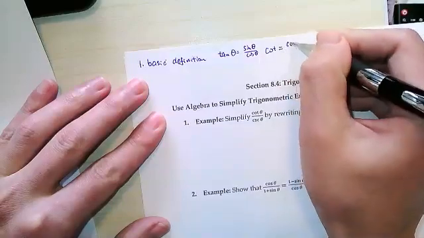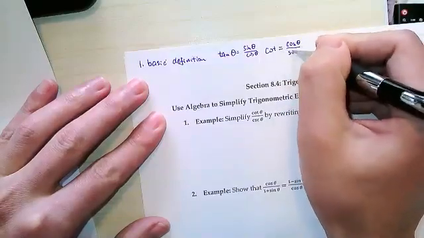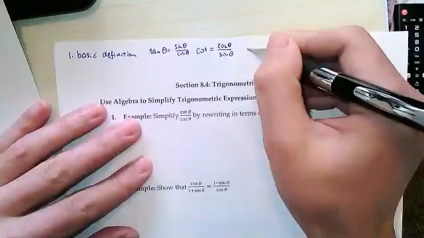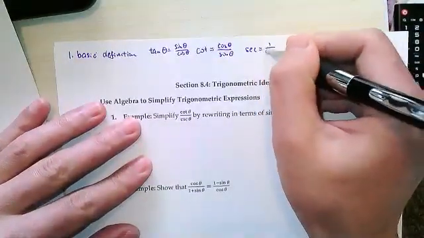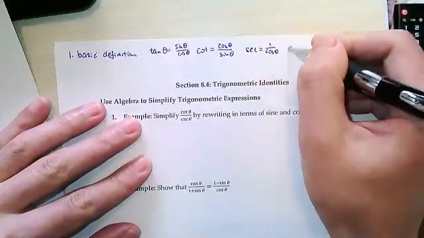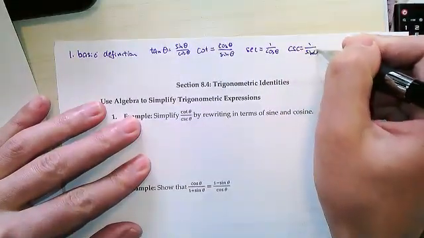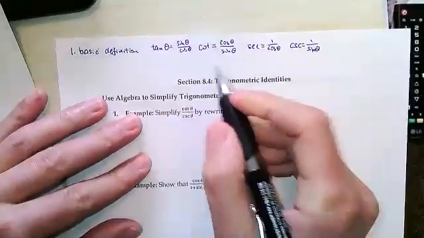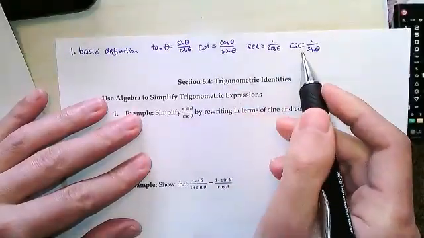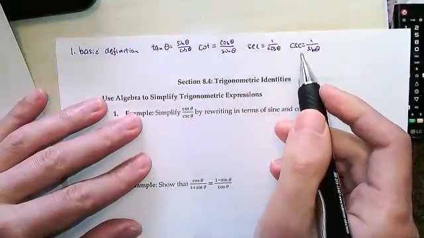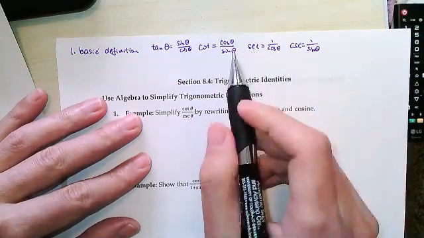Cotangent is cosine over sine. Secant is 1 over cosine. Cosecant is 1 over sine. Okay, that's it. Just rewrite everything in terms of sine and cosine so that we would be able to simplify